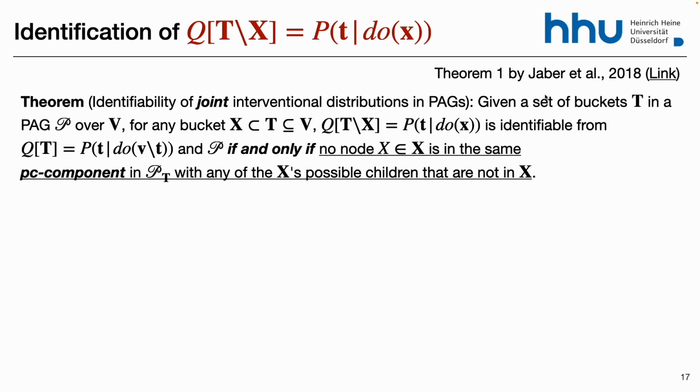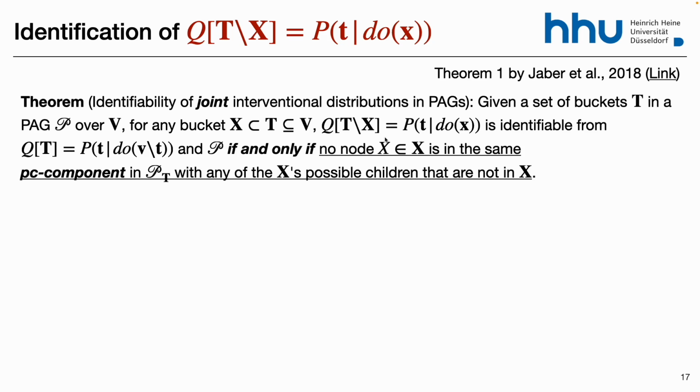Given a set of buckets T in a PEG P over V, for any bucket X, where T is a set we just define, Qt minus X is identifiable from Qt if and only if no node on the bucket